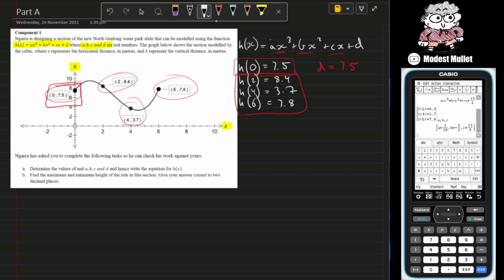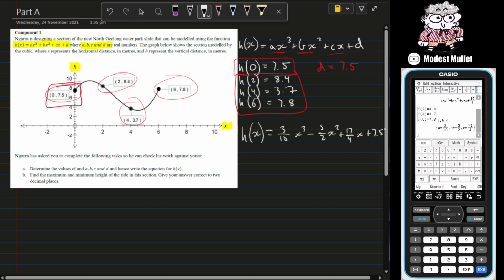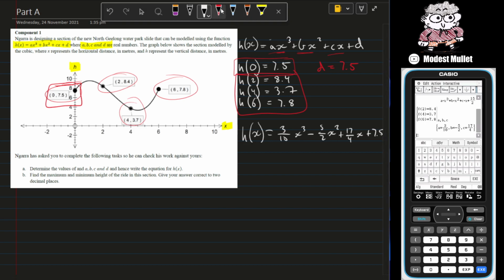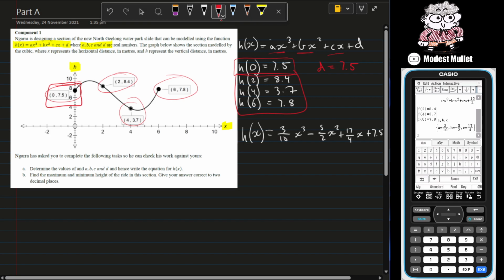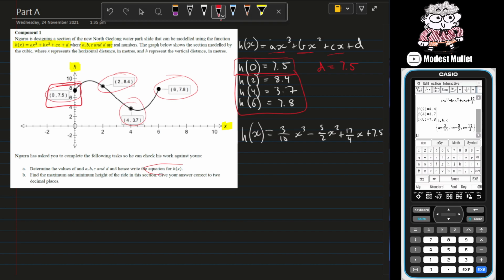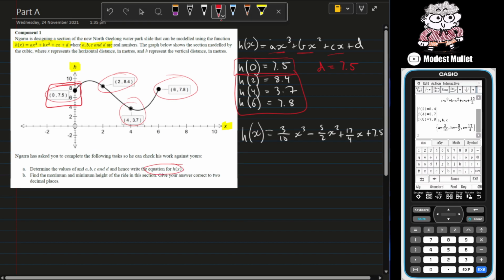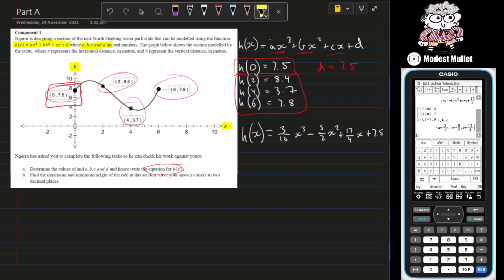So we get h of x is equal to 3 on 10 x cubed minus 5 on 2 x squared plus 17 on 4 x plus 7.5. There we go. The only thing I should note here, and I haven't quite explicitly said in the question, it's open to interpretation. I wouldn't have taken marks if you hadn't, but it's only asking for the equation, which you have given. If it asks for the function, we would need to note explicitly,